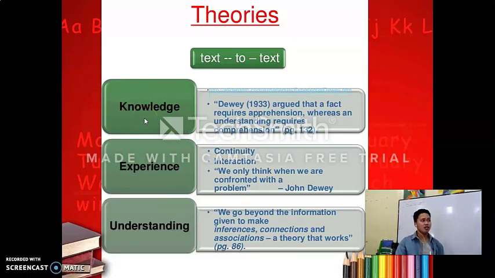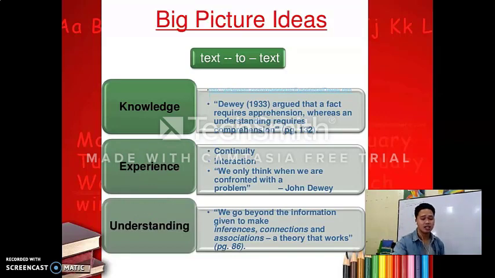Because knowledge is purely the sense of acquiring things even if you haven't understood them yet. Example, when somebody says that Duterte was killed, so you post it on Facebook. That's knowledge, because you know the information, you read the information. But without understanding the information, is it factual or not? So you believed right away. If you do not go beyond that information, you don't infer, you don't connect, and you don't associate the information to become an understanding, then it has no sense.